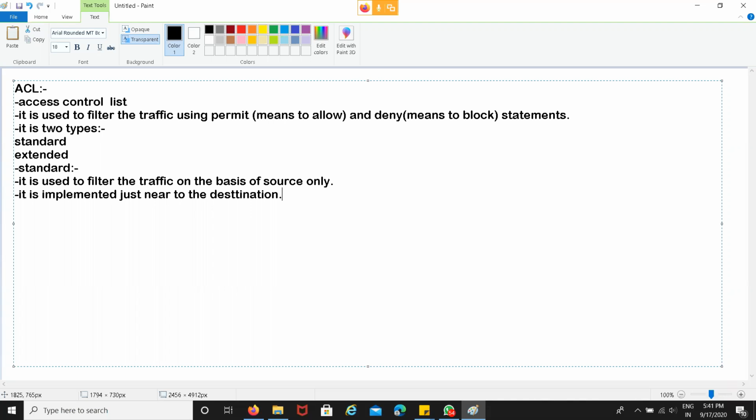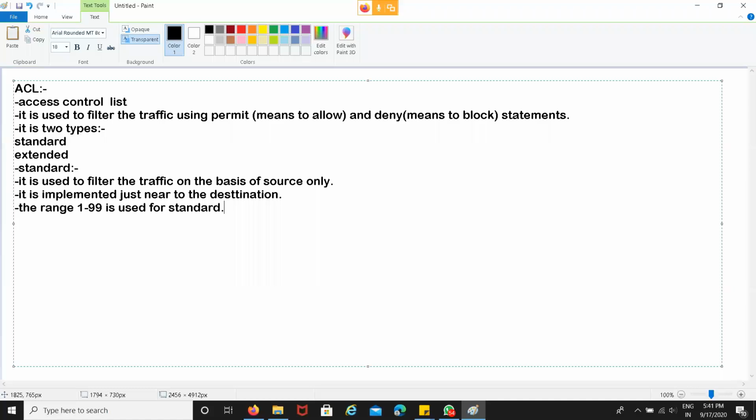Okay, in the second way, if you want to choose the number pattern to implement, whether it is standard or extended, you use a specific range to declare it. If you choose any number to implement a policy, then that particular number specifies the type of ACL that you configured over the device. So the range 1 to 99 is used for standard.